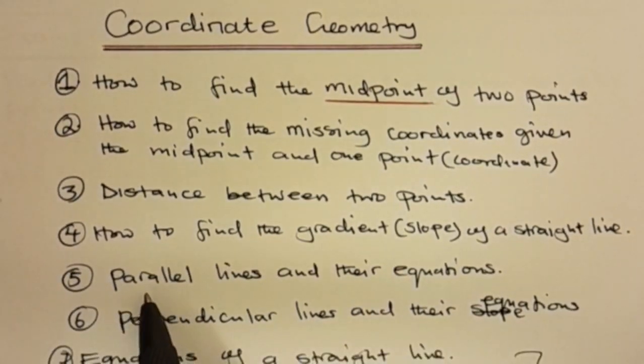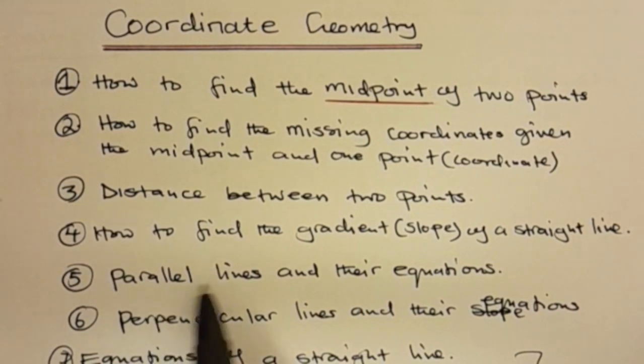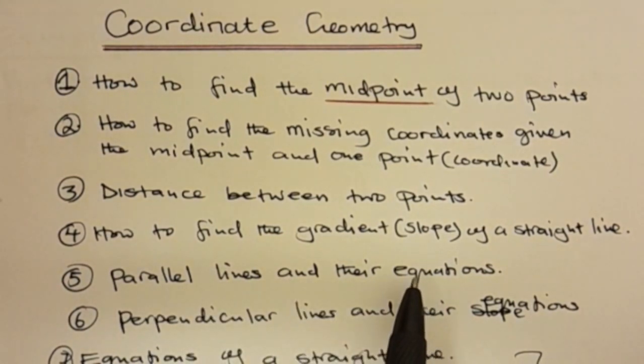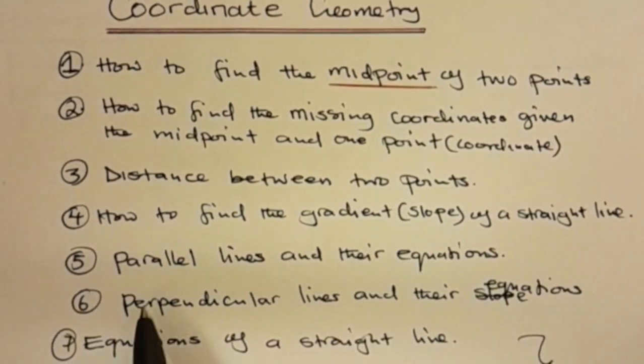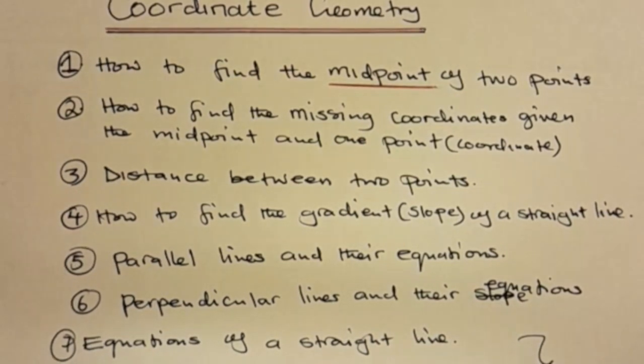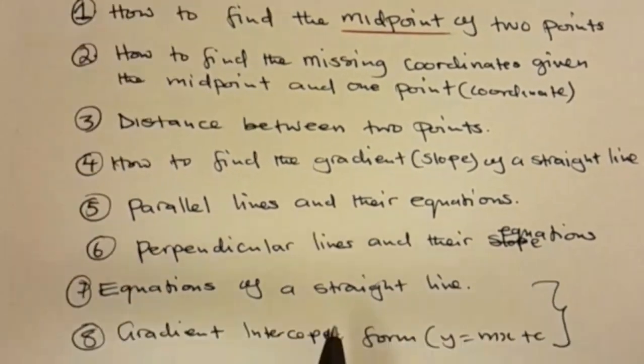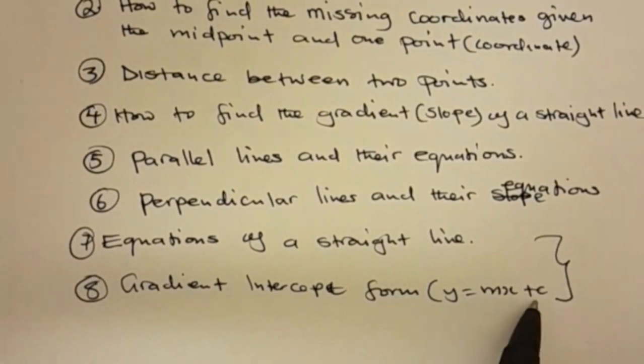After that, we'll also look at parallel lines and their equations, how to find the equations of parallel lines. Then from there, we are going to look at perpendicular lines and their equations. Next, we will also look at equations of a straight line, and finally, the gradient intercept form or the slope intercept form, which is of the equation of this line, y is equal to mx plus c, where c is